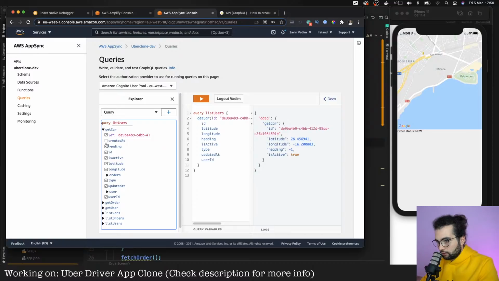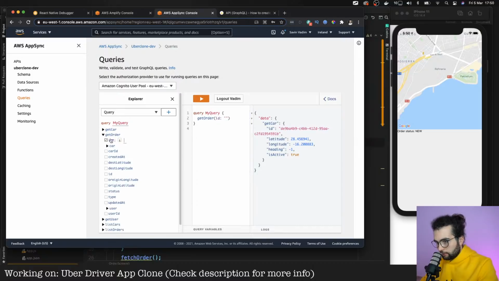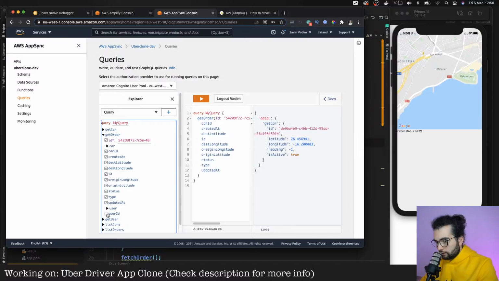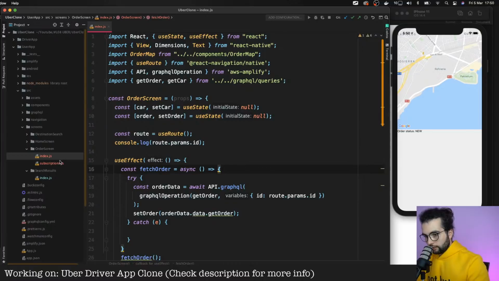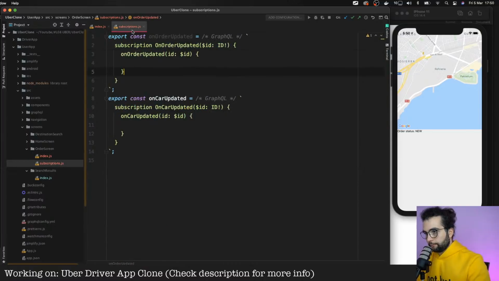Where is the status? And why are we working with a get car? Status is new. All right. Okay.